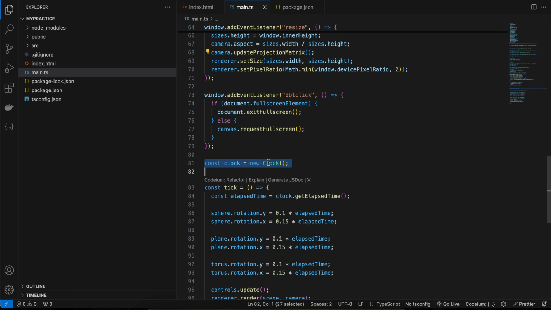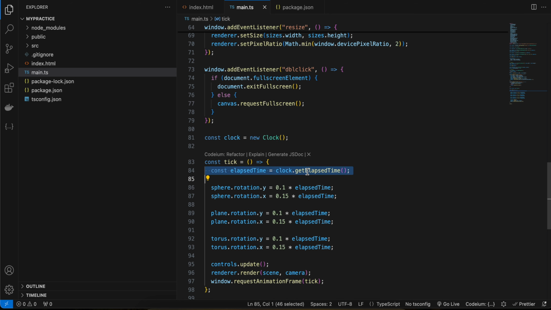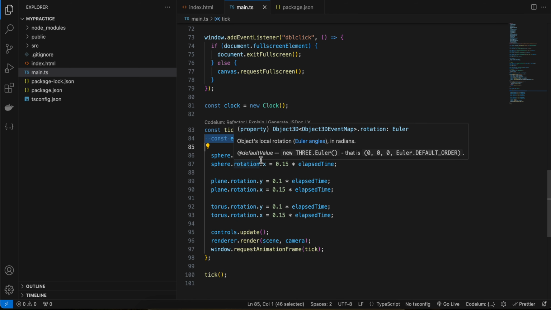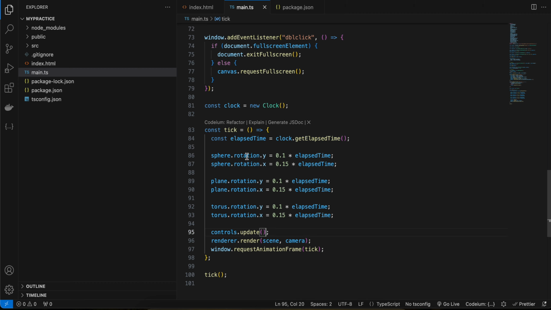Here I have created one clock. I get the elapsed time from our clock, and this is the important part of rotation. So we want to apply the rotate animation on every frame. That's why you can use the rotation property, .rotation.y, and apply this. If you want you can change the position as well. So suppose